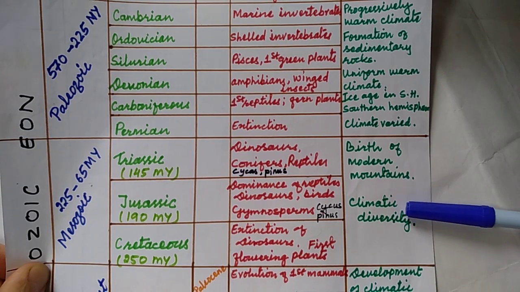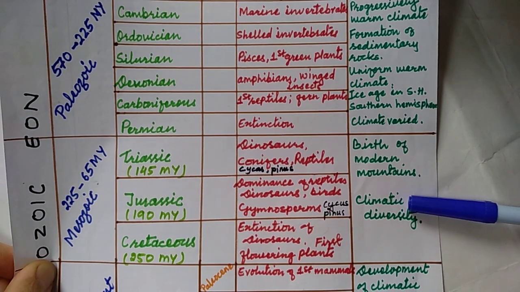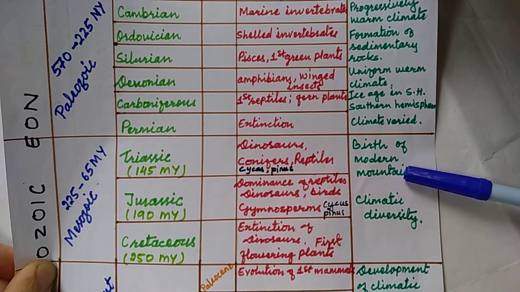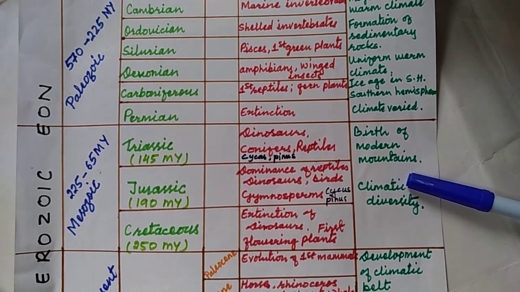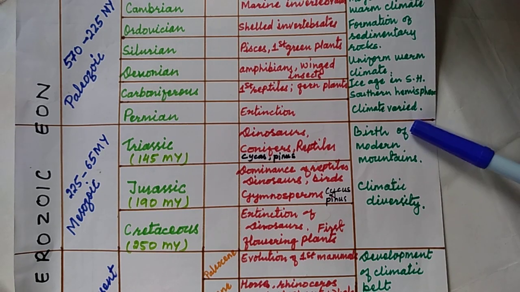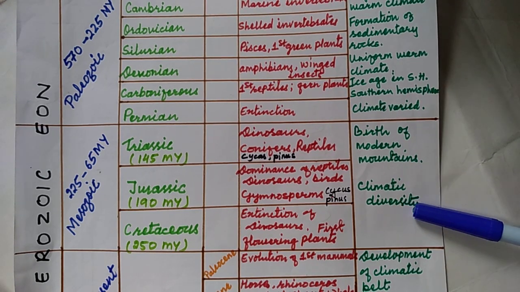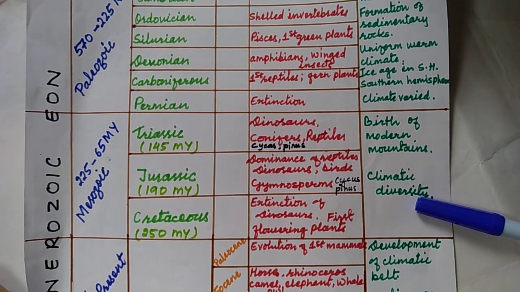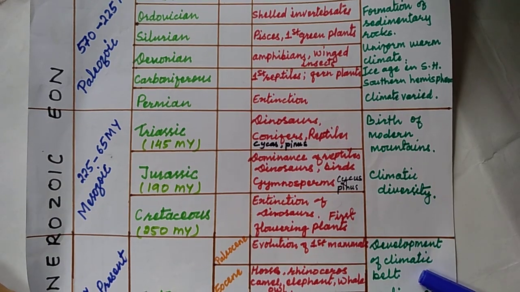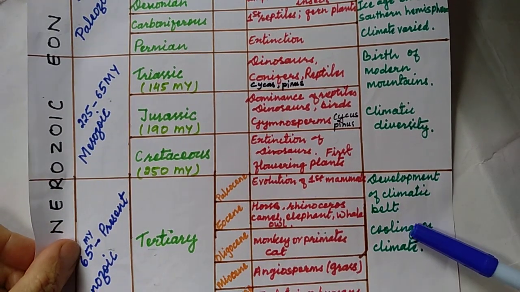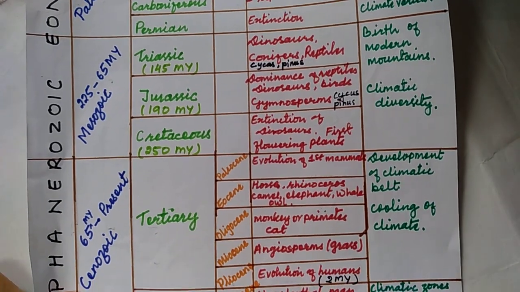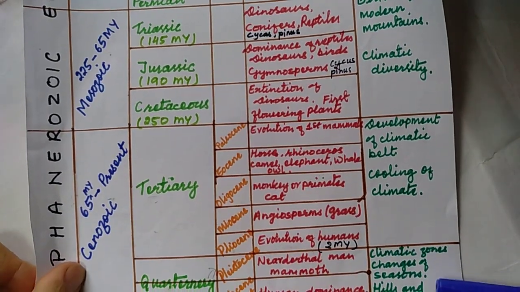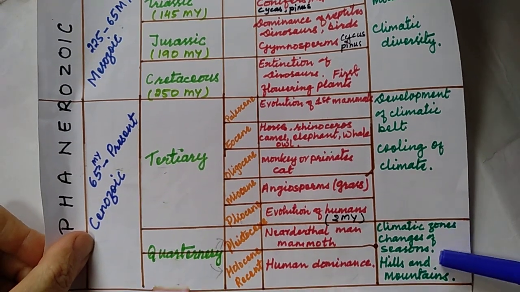Okay, the surface of the earth was not stable like today, so there were upheavals on the earth's surface, which resulted in the formation of modern mountains, hills and the mountains. Climatic diversity took place in different parts of the earth, and development of climatic belts and cooling of climate took place, progressively cooling, and climatic zones were formed in different parts of the earth,